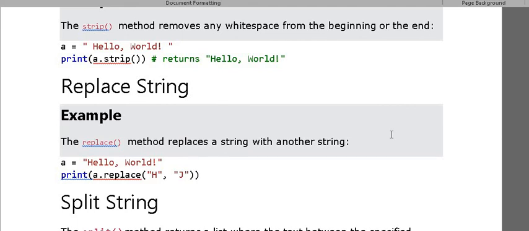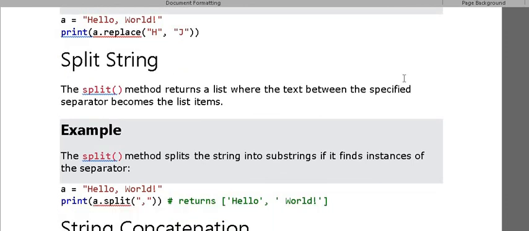The replace function will look through the whole string, find where the H character is coming, and replace it with the J character, and the output is stored in the variable a.